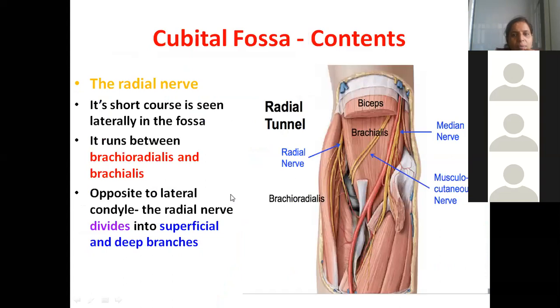So what is the last content, beta? What is the name of this muscle? Brachioradialis. If you just lift brachioradialis, below this you will see the superficial branch of radial nerve. Deep to this is the supinator muscle, beta. Deep to this, whatever branch is going, that is the deep branch of radial nerve. Below brachioradialis, we have the superficial branch of radial nerve. It's only a short course that we see in the cubital fossa. This muscle is biceps. Below biceps, we have brachialis. Anyhow, the musculocutaneous nerve I will discuss as we proceed.